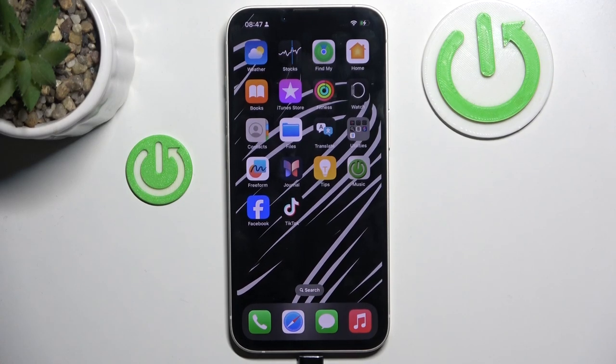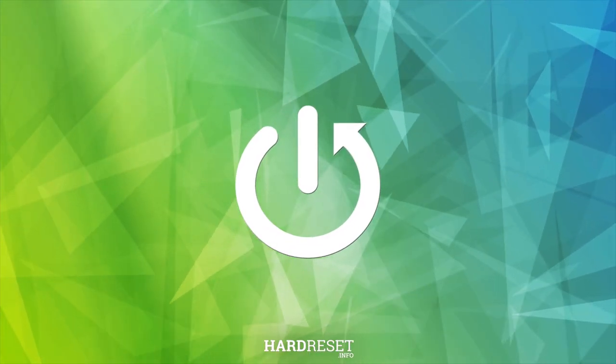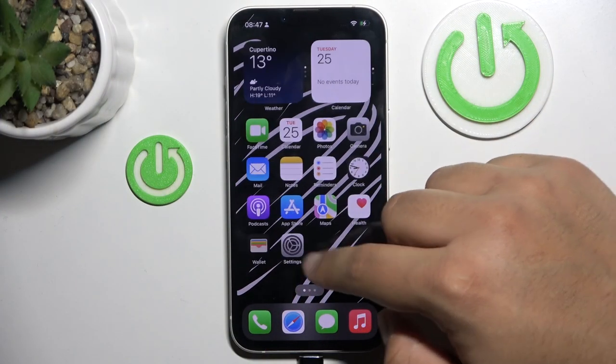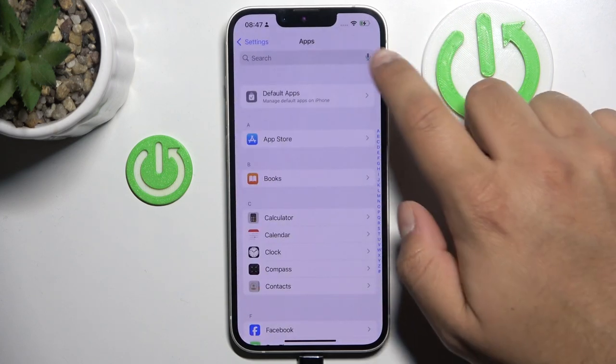Hello and welcome. In this video I'll show you how you can use the Translate app on your iPhone 16e offline. So first we have to go to settings and scroll all the way down until we find apps, and here